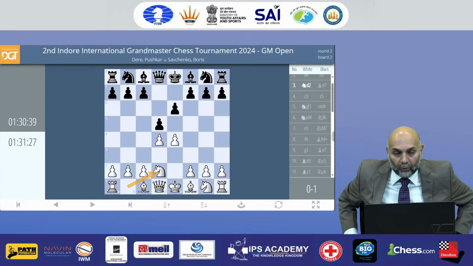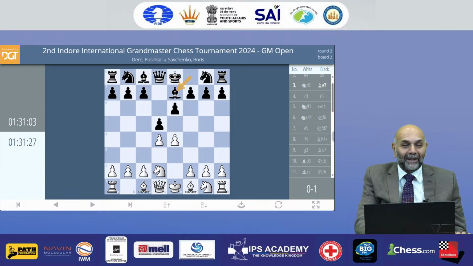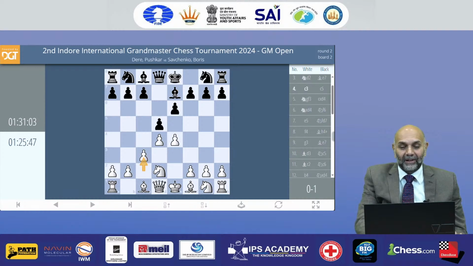You have to be alert from the very beginning. So let's come to the game. Comparatively rare variation. I remember I faced this move exactly 41 years back, and I haven't faced this move after that. So a complex line, and I'm sure that the young Indian doesn't know this. So okay, C3, a solid variation, a good theoretical variation.